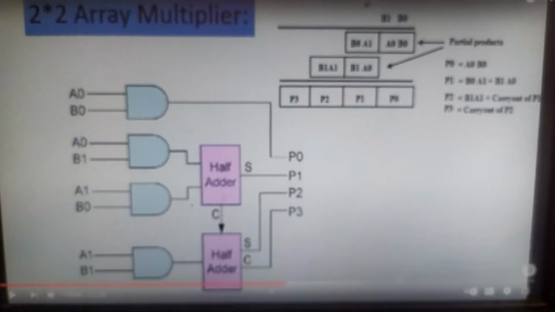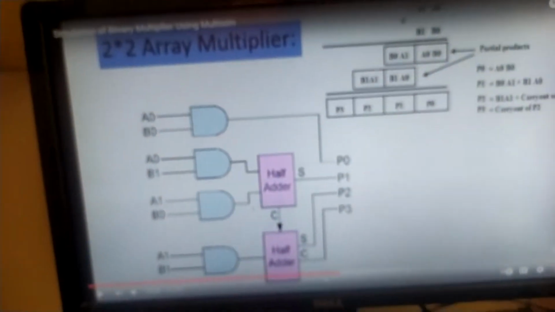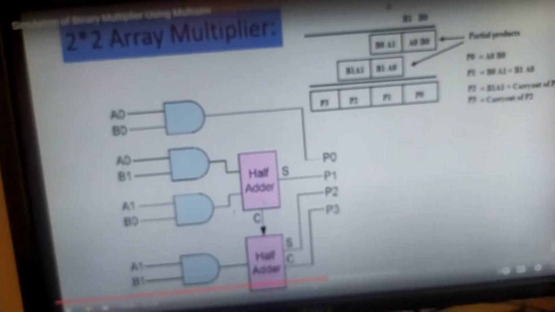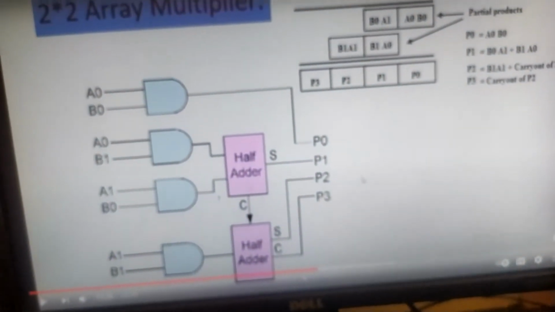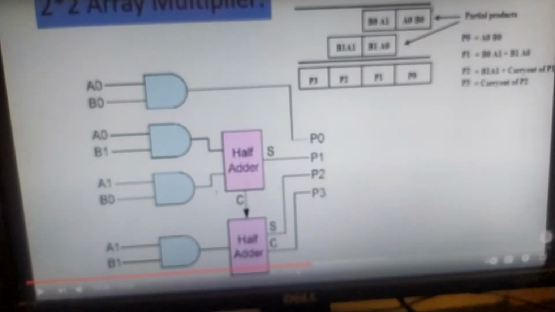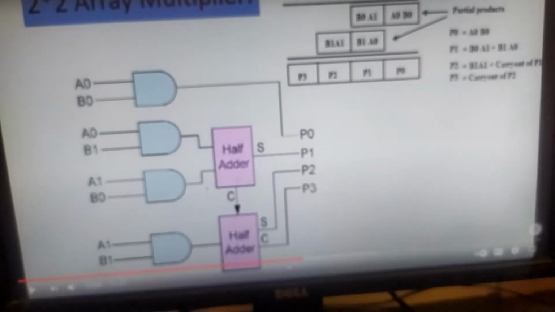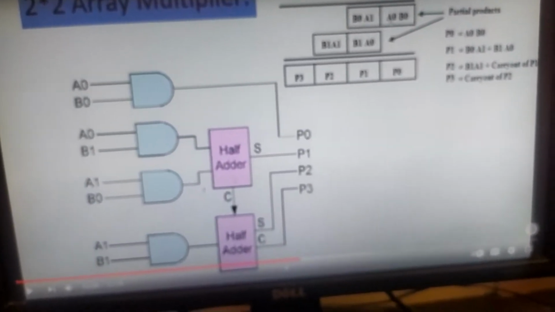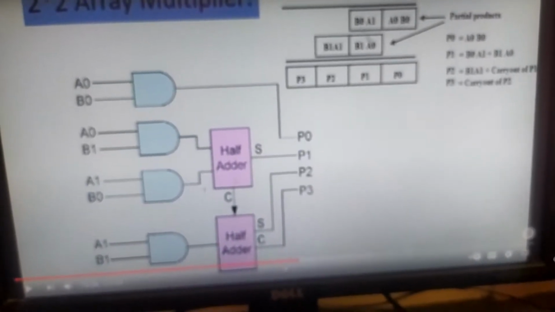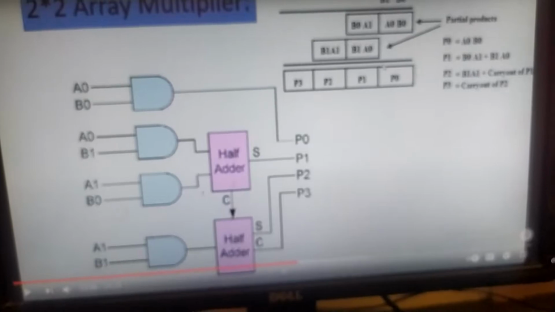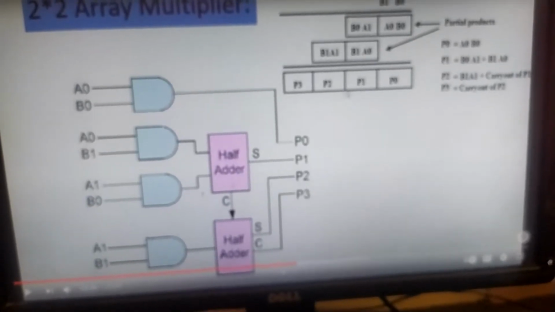Now let us consider the same 2-bit by 2-bit multiplier. This is the scenario as I described previously. B0 multiplied with A0 A1 gives the partial products A0 B0, A1 B0, and then A0 B1, giving the product P0 P1 P2 P3.